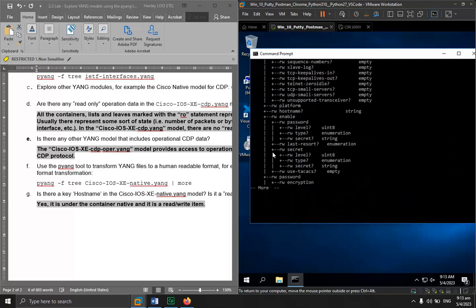So if I want to look at the hostname, I use Cisco-IOS-XE-native, colon native, followed by hostname, to read the hostname or to send a request to change it. So how all the information is structured and stored on Cisco IOS, which can be retrieved using the API, is maintained by this Yang model that Cisco has created.